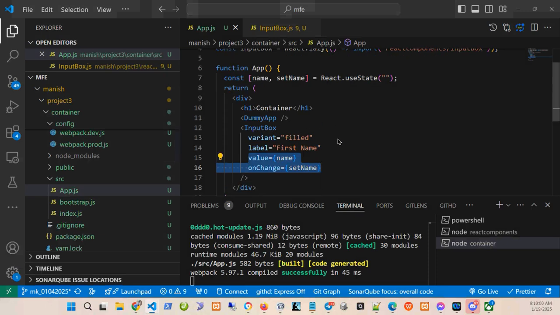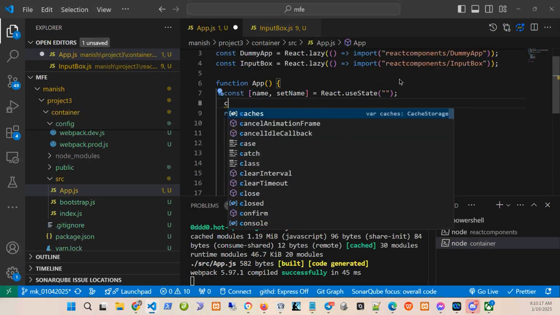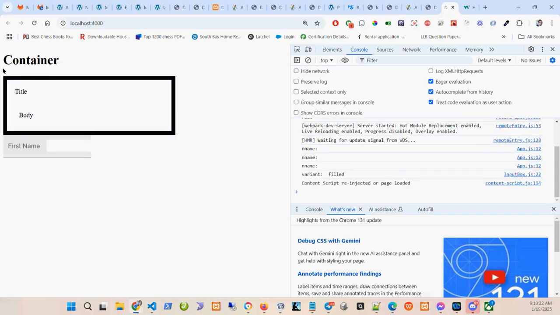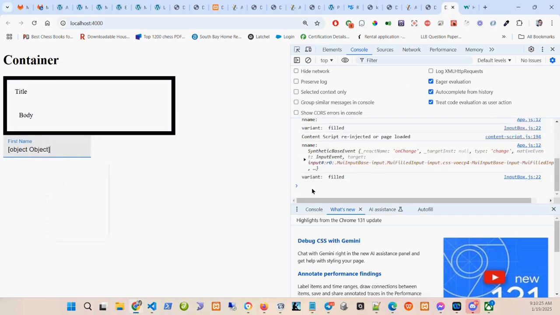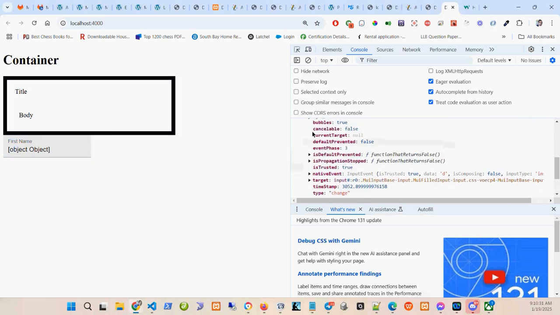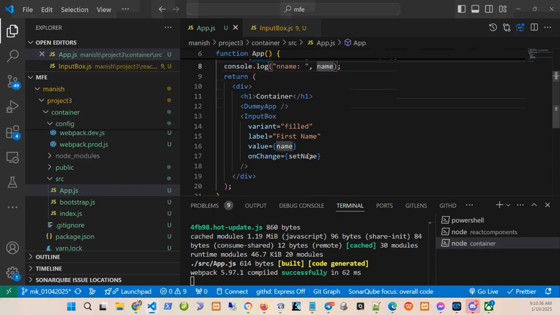Okay, so something is not right because we have to manually do some things there. Okay, so let's do something. First, I will check the name. What name is coming? Okay, let's see what it gets updated. Okay, name is getting updated with some kind of this thing, not exactly the target dot value which I want. So though I'm passing on change as a set name,